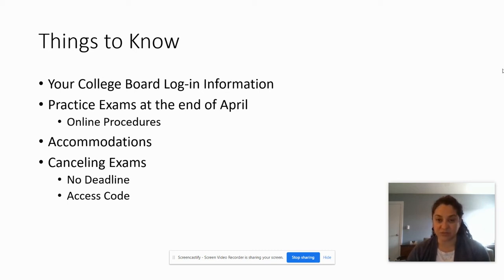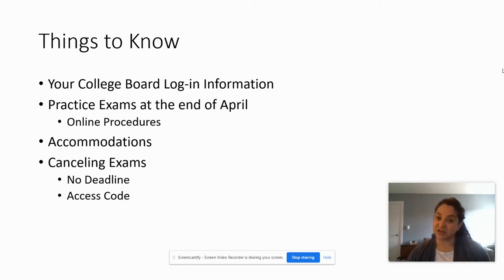Anyone who has accommodations, whether through a 504 or an IEP, your accommodations, if they're approved by the College Board, should be automatically added on to the time constraint on testing day. So when you log in, it should already be there for you. If you are unsure if you are approved by College Board, or you aren't approved yet and you want or need accommodations, you need to get in touch with your guidance counselor. It's super, super, super important.